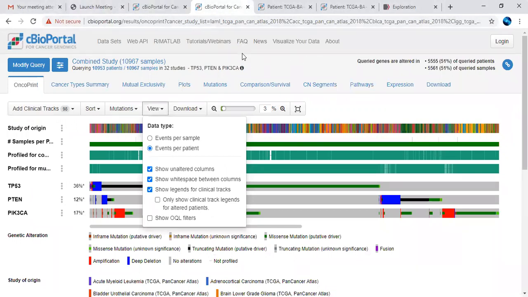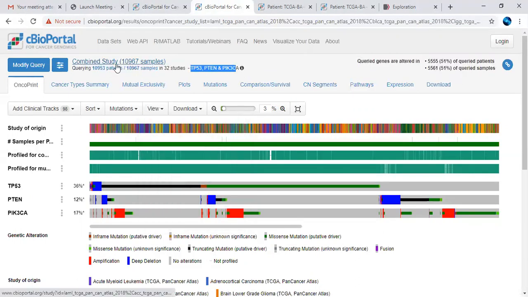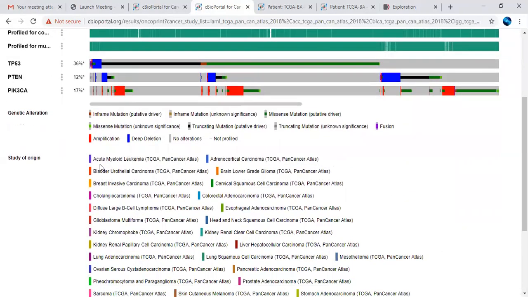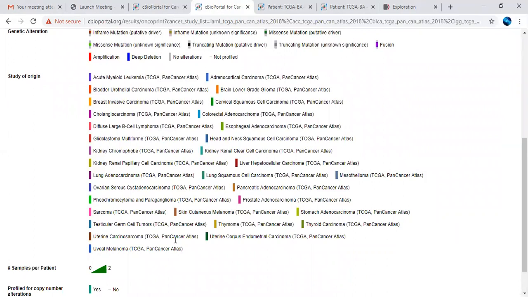So now we are going to see, we have given the search with respect to our target of interest, that is the three genes, and it has been searched with respect to how many samples it has been altered. After altering the sample with respect to copy number alterations and mutation count, they have given this particular visualization showing how many cancer data sets have been altered, with the colors indicating the alteration types, and we have selected only the TCGA pan cancer data sets.